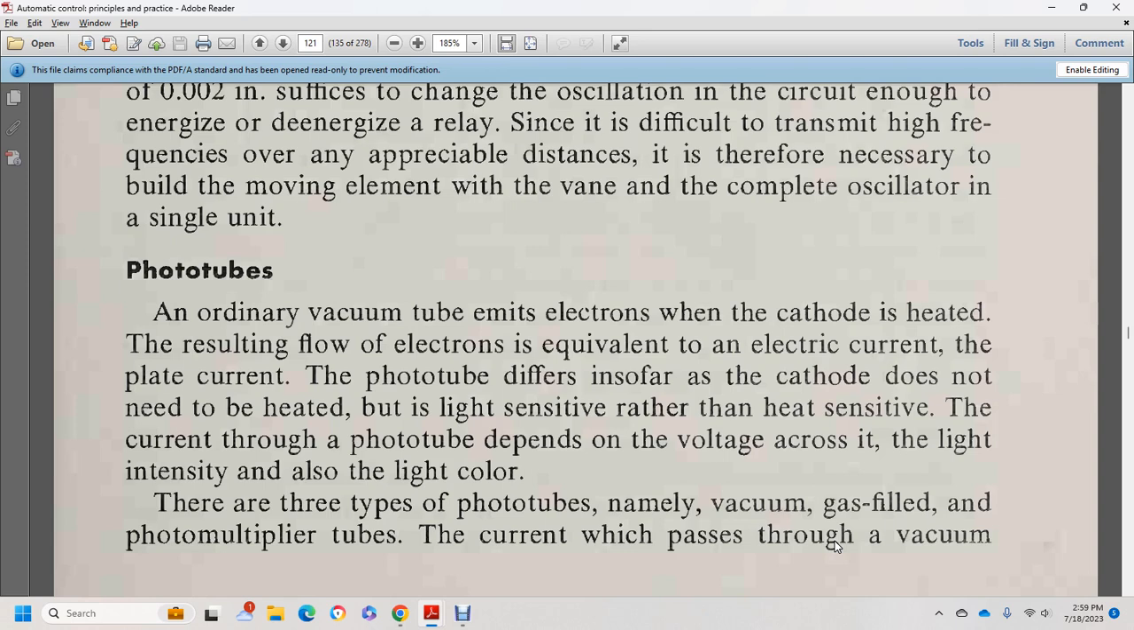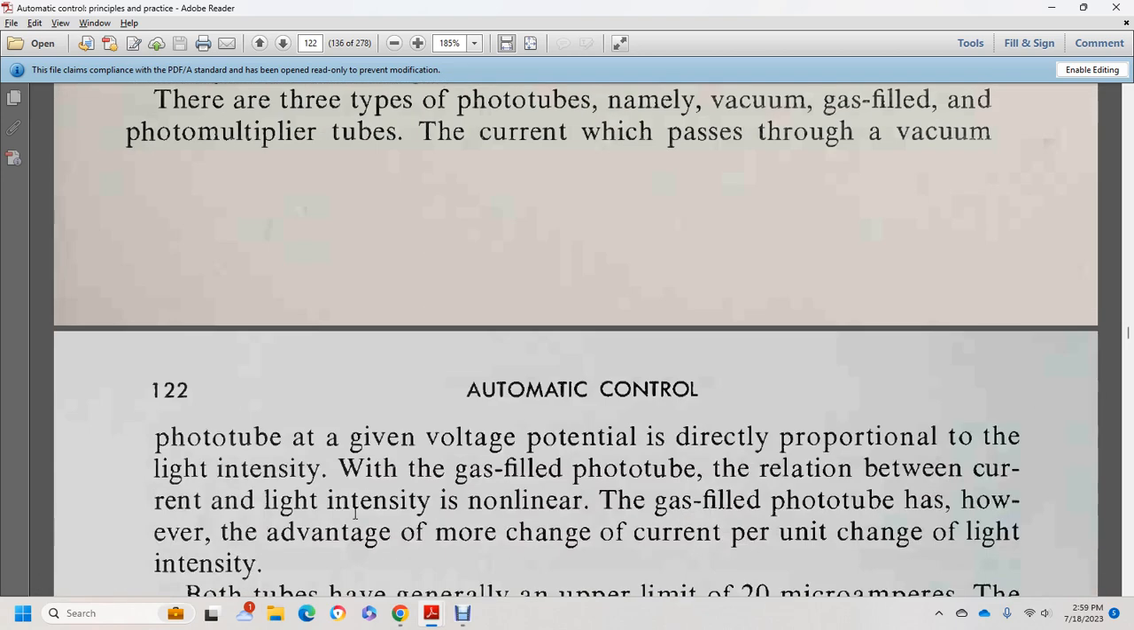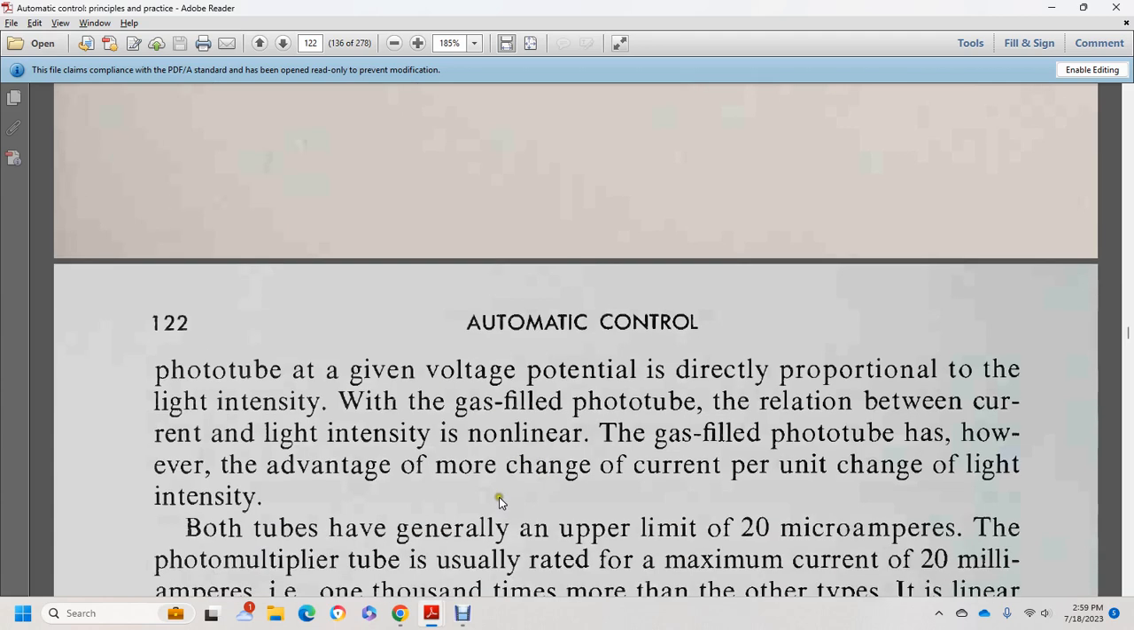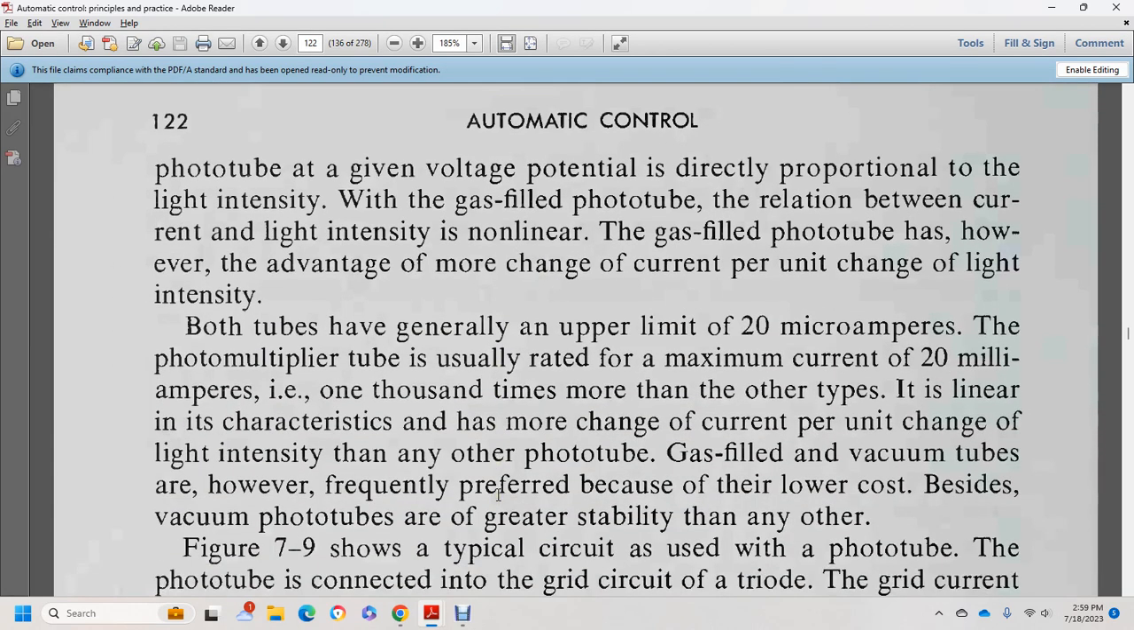It depends on the voltage across it, the light intensity, and also the light color. There are three types of phototubes: vacuum, gas-filled, and photomultiplier tubes. The current which passes through a vacuum phototube at a given voltage potential is directly proportional to the light intensity. With the gas-filled phototube, the relation between current and light intensity is nonlinear, with however the advantage of more change in current per unit change in light intensity. Both tubes generally have an upper limit of 20 microamps. The photomultiplier tube is usually rated with a maximum current of 20